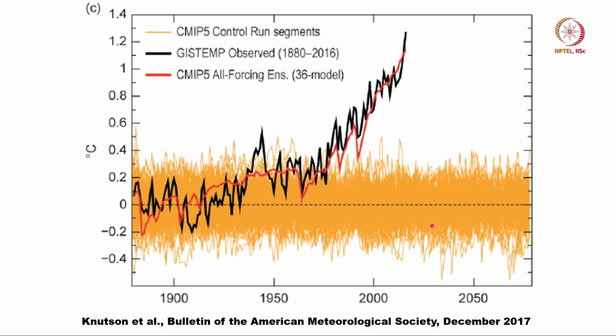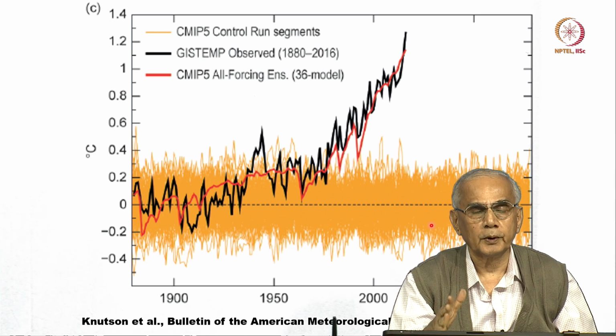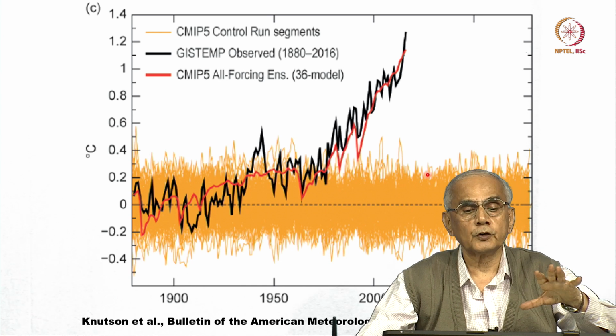So this model has been very useful to show clearly that the warming of about 1 degree in the last 60 years is mainly on account of the increase in CO2 and not due to any other natural causes. So these models are useful for this purpose, to test a hypothesis, because I must tell you, 30 years back many people had doubts whether the warming that's going on is due to human-induced climate change or due to natural causes. Today we can say with great confidence that what we are seeing today is a consequence of the increase in CO2 caused by human actions.